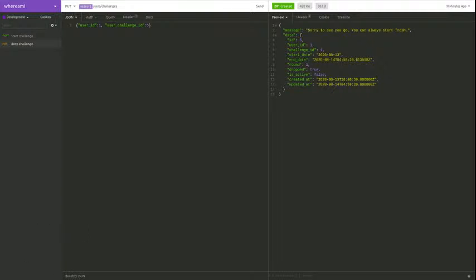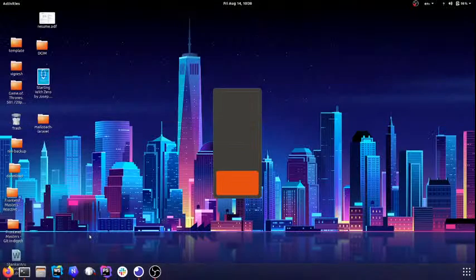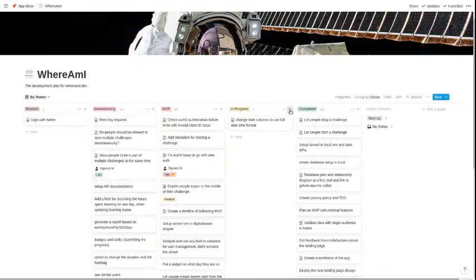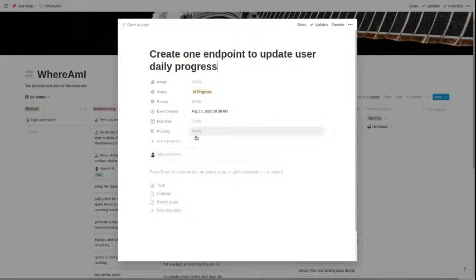So the next thing we can do is we can create one new endpoint for people to update their daily progress. So this will do. So what should this endpoint accept? This should accept